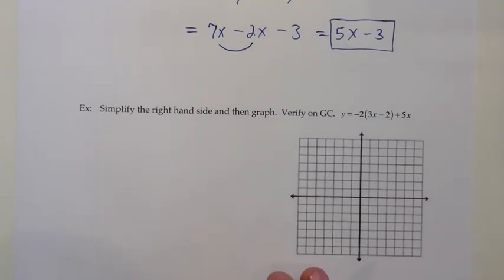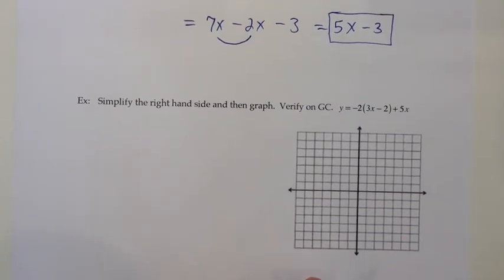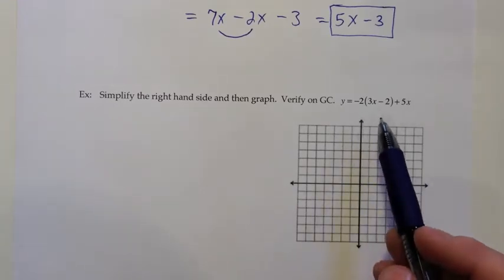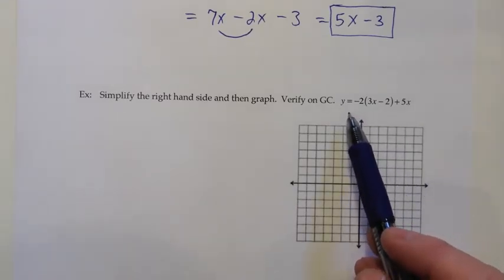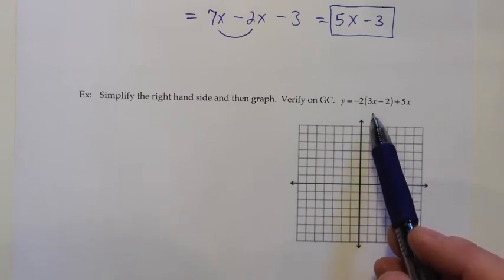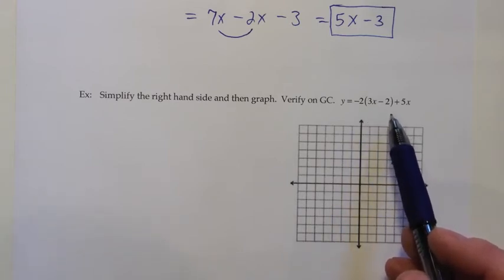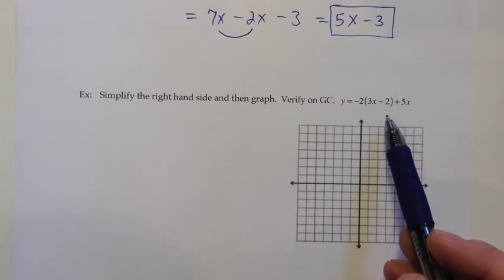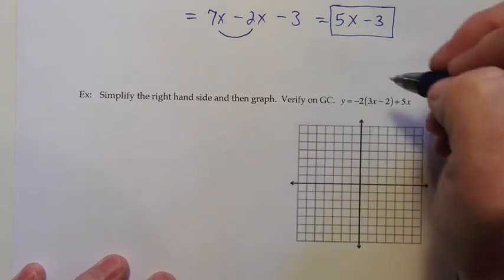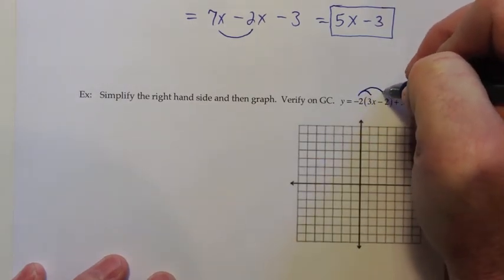Alright, so we just have one final example here. And they want us to draw a graph of this equation. If we were to look at this equation, we might not initially know what kind of graph that was, but perhaps if we simplified it, we would get to a form that we recognize, and that's what they want us to do. So let's go ahead and start out by distributing that negative 2, just like we were doing